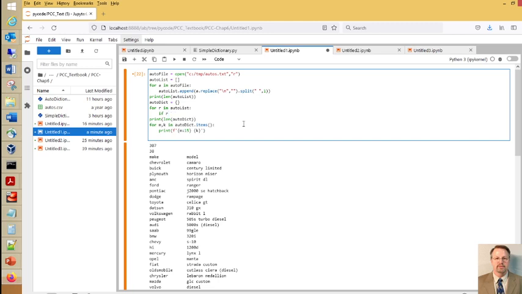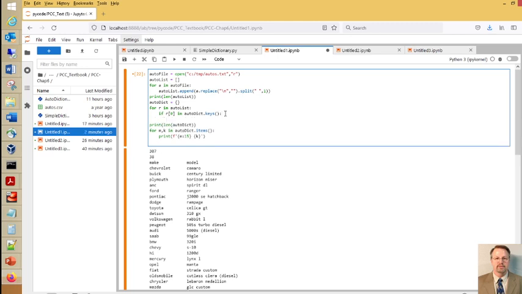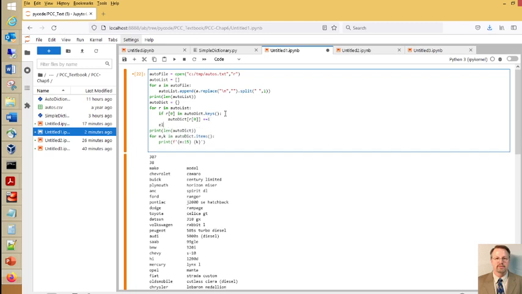If R0 is in the auto.keys. So we're going to test if the make, if Chevrolet is already in the keys, then we're going to say that auto dictionary R0 plus equals 1. Else